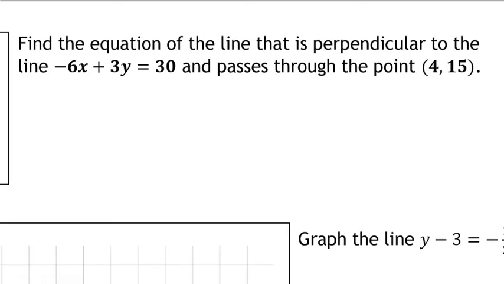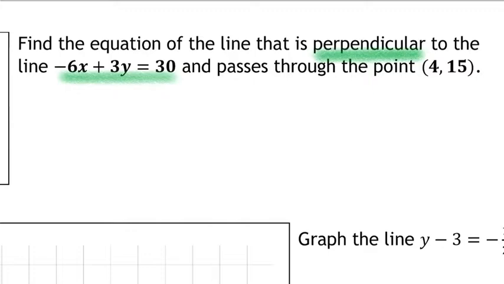Question 2 says, find the equation of the line that is perpendicular to this given line. So first of all, I want to underline the perpendicular to remind me that I'm trying to find a line that has a slope that is the opposite and reciprocal of this particular line that I'm given. Now, this line,